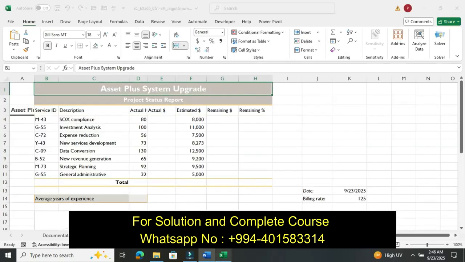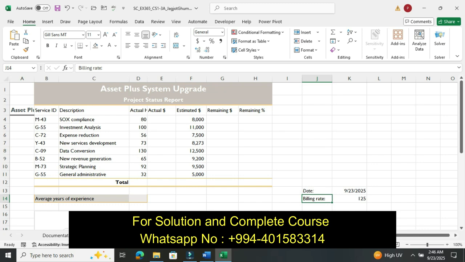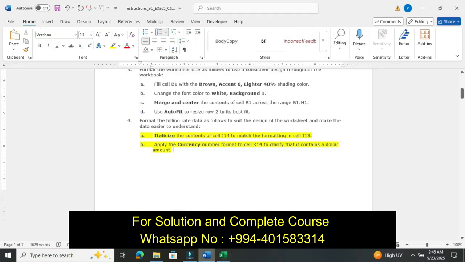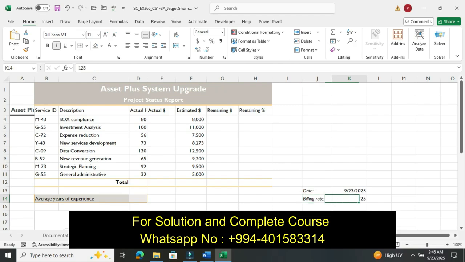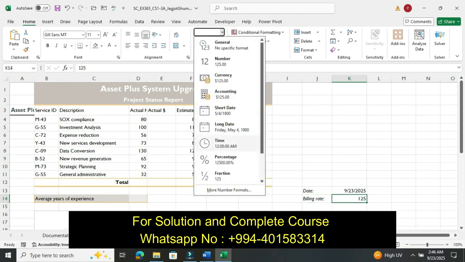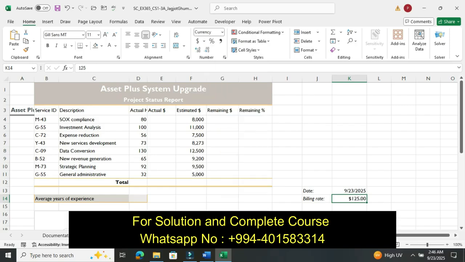So click on J14 and apply Accounting. Then apply the currency number format in K14 to contain dollar amounts. So click here and select the currency format containing the dollar sign.